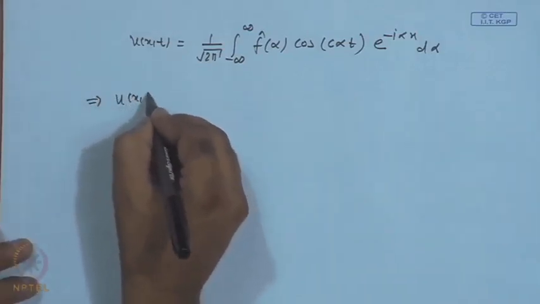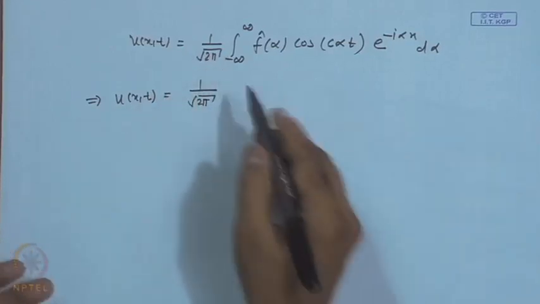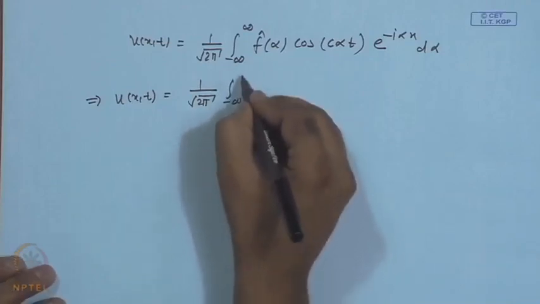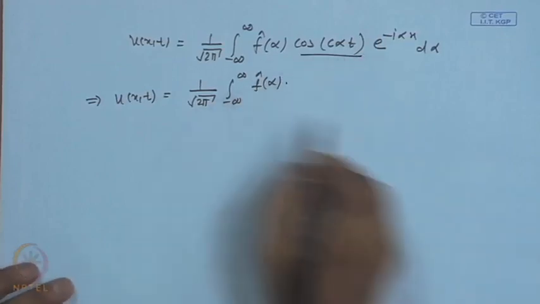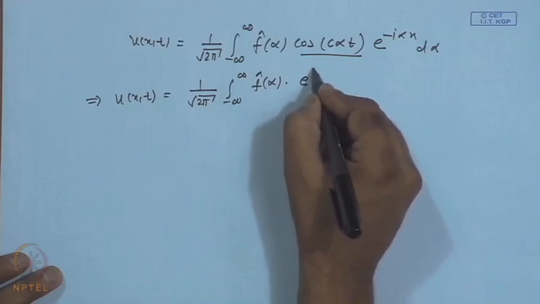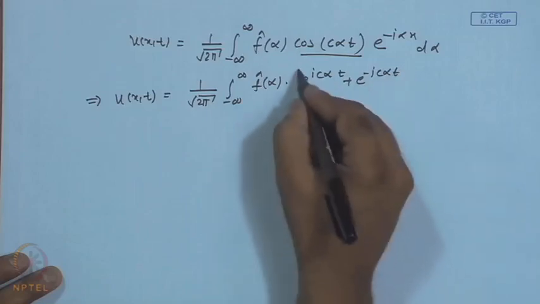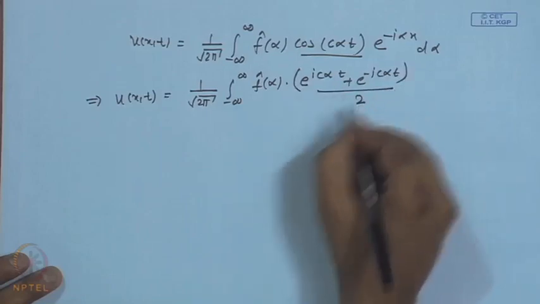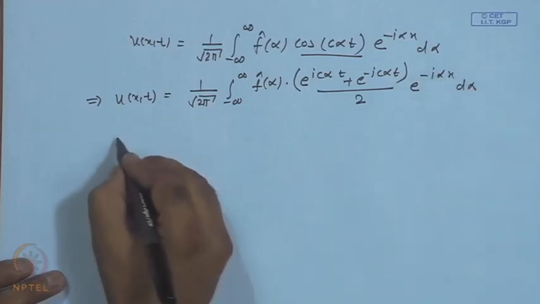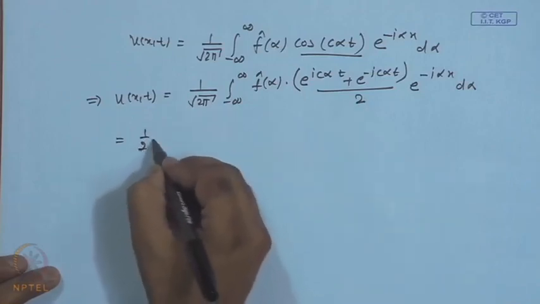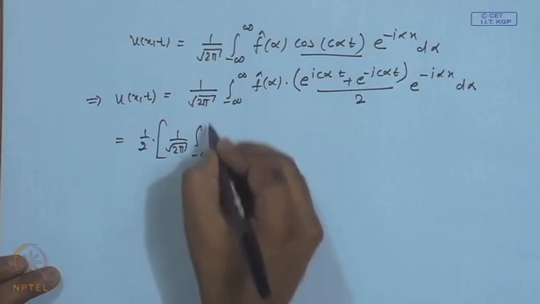So, u(x,t) is 1 over square root 2 pi, and this we take minus infinity to plus infinity f hat(alpha) as it is. This we write in terms of the exponential function again: e^(i c alpha t) plus e^(-i c alpha t) divided by 2, and e^(-i alpha x) d alpha. So, we have 1 over 2 and this 1 over square root 2 pi, then minus infinity to plus infinity